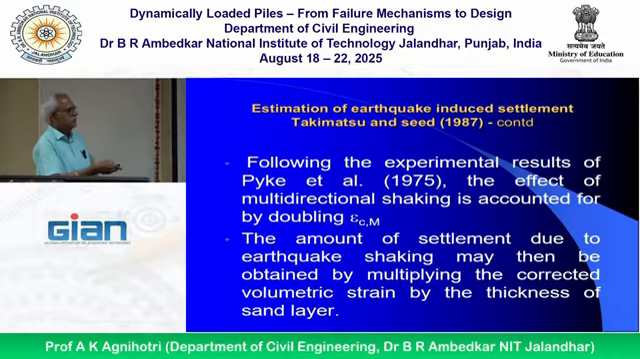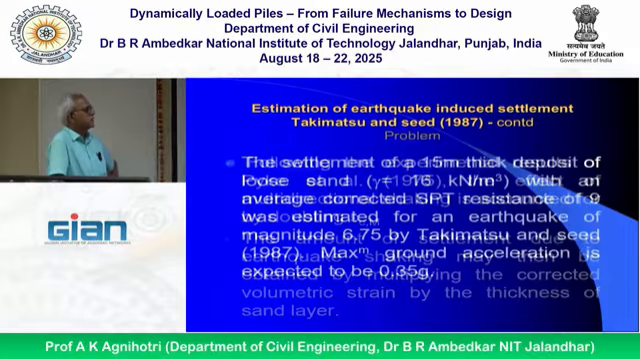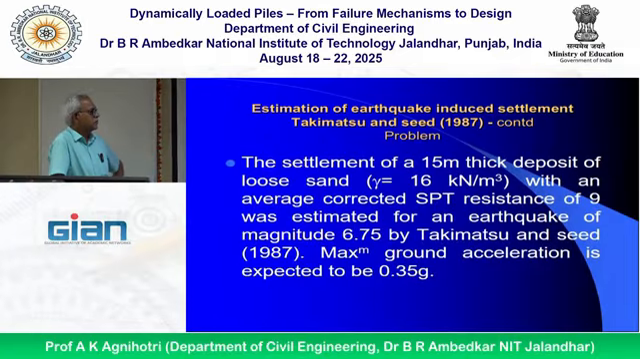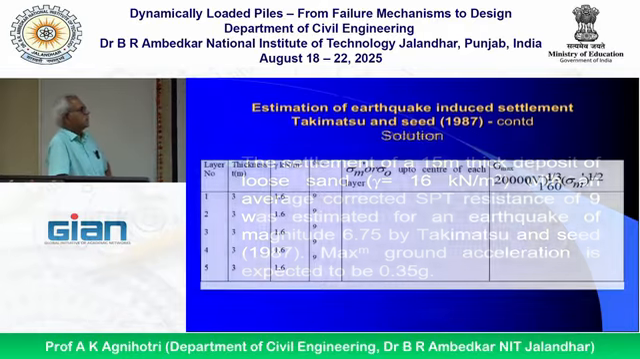Similarly, one example I have given: settlement of a 15-meter thick deposit of loose sand with an average corrected SPT resistance of 9 was estimated for an earthquake of magnitude 6.75 by Takematsu and Seed. Maximum ground acceleration is expected to be 0.35 g. Let us say this data is there. Then what we will do,